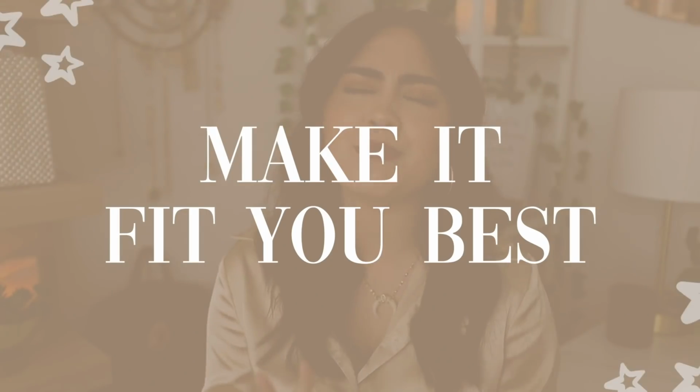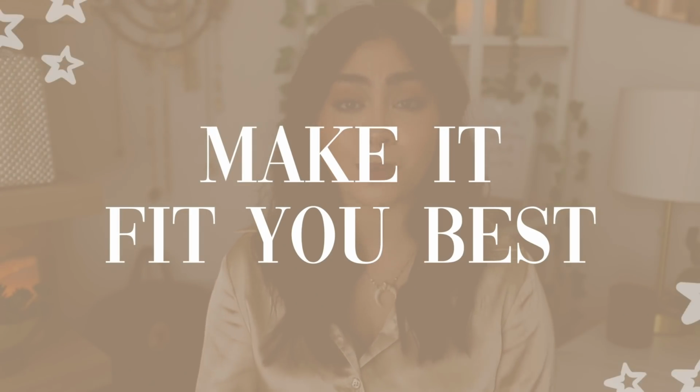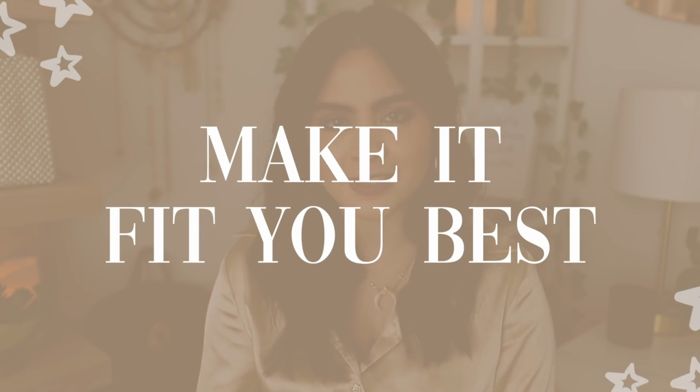The next thing you can do to majorly improve your style for free is to alter your pieces. Altering your clothes is essentially adjusting your clothes so they fit and flatter you more. Now, altering does sound maybe a little bit intimidating if you've never done it before, but I promise it is so easy. If you just pick up the basics of sewing, which is quite simple to pick up,